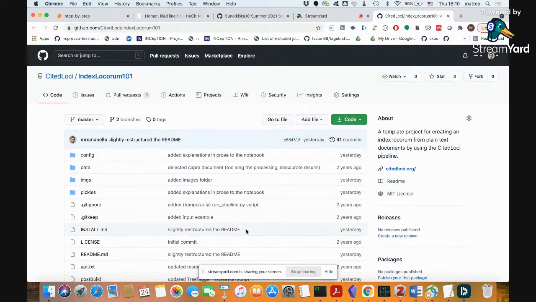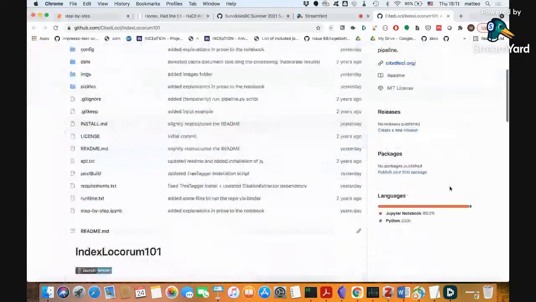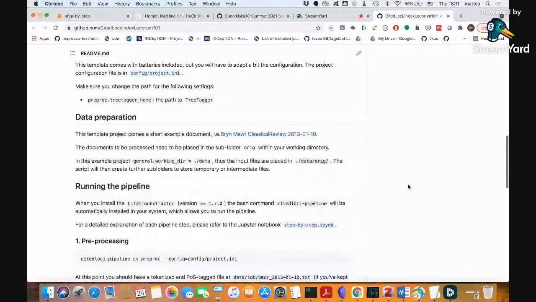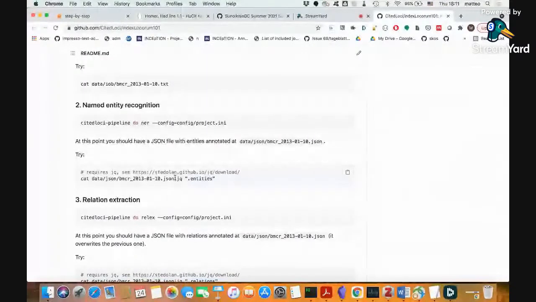Yeah. So I created this GitHub template project for the Cited pipeline. It comes with an example, one abstract from the Bryn Mawr Classical Review, which gets run through the pipeline. You can either, if you know it already, execute each step of the pipeline step by step from the command line, or, which is what I will demonstrate now, you can go to the step-by-step notebook.